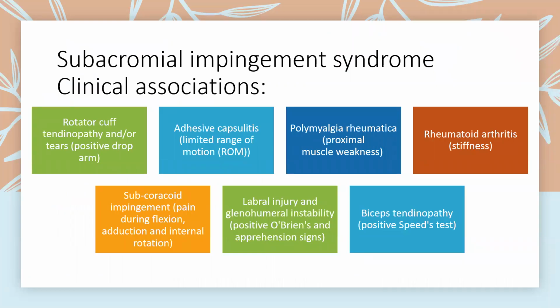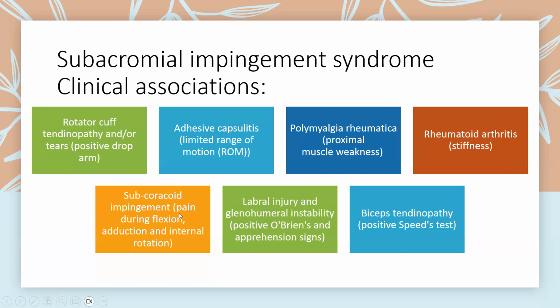Concomitant presentation of subacromial impingement syndrome includes the following: rotator cuff tendinopathy with or without tearing, which could present in the form of positive drop arm test, especially in complete tears; adhesive capsulitis with limitation of range of motion, especially external rotation; polymyalgia rheumatica with stiffness and proximal upper and lower limb weakness; rheumatoid arthritis with morning stiffness for more than an hour;